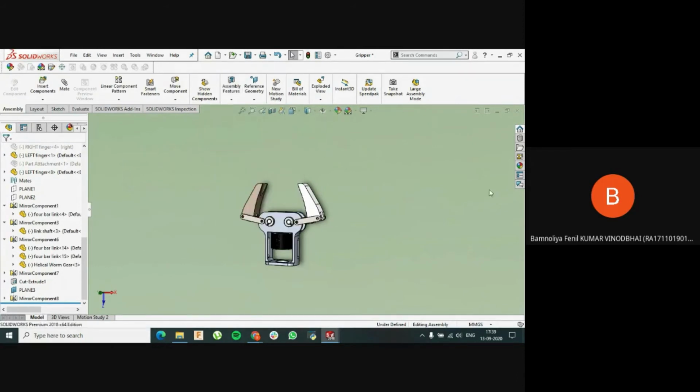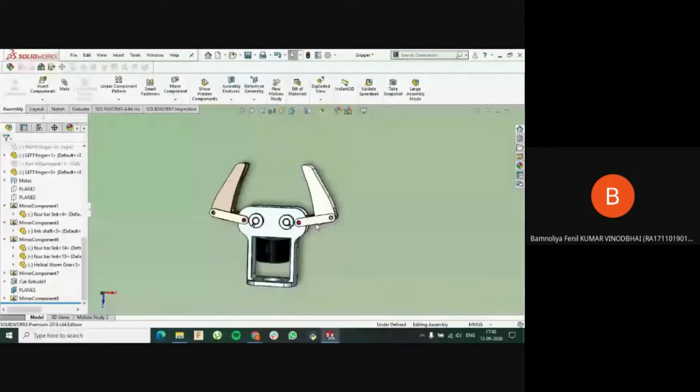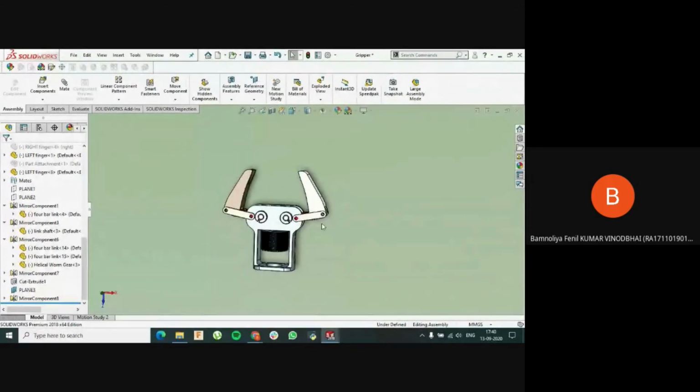Yeah. So about the fasteners, there is one way, the smart fastener, which will automatically generate them. And if you want to do it manually, you don't have to design each and every bolt. If it is a big assembly, as you have seen with that arm, there are a lot of bolts of the same size being used, right? So it is not a convenient way.